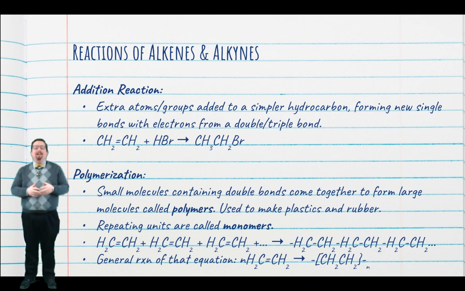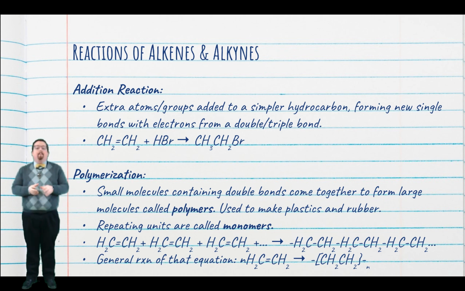Alkenes and alkynes react in 2 very important ways: addition and polymerization reactions. In addition reactions, we add extra atoms or groups to an alkene or alkyne. This forms new single bonds using the electrons from a double or triple bond. What that usually looks like is an alkene turning to an alkane with some extra groups on the 2 carbons attached to the double bond. Or an alkyne turning into an alkene with some extra groups attached to the carbons on the other side of